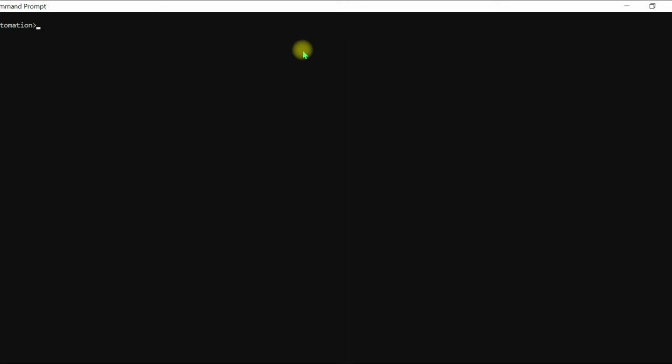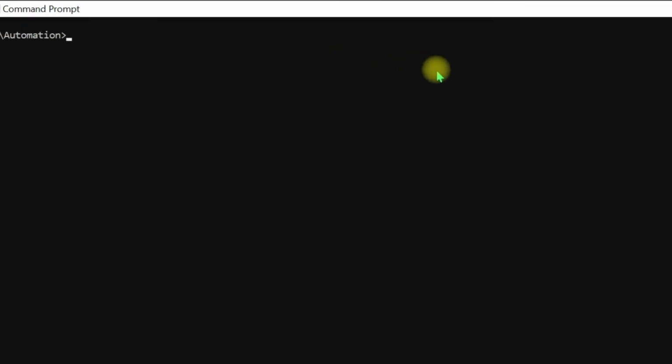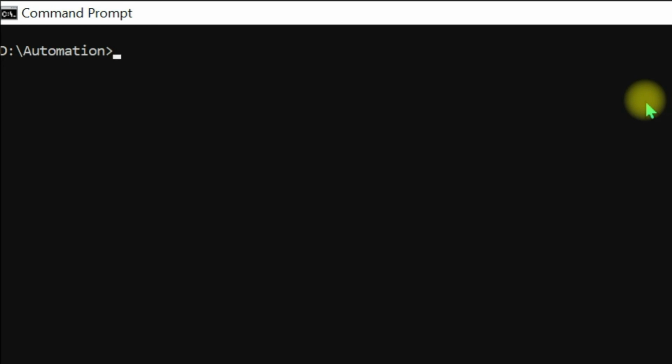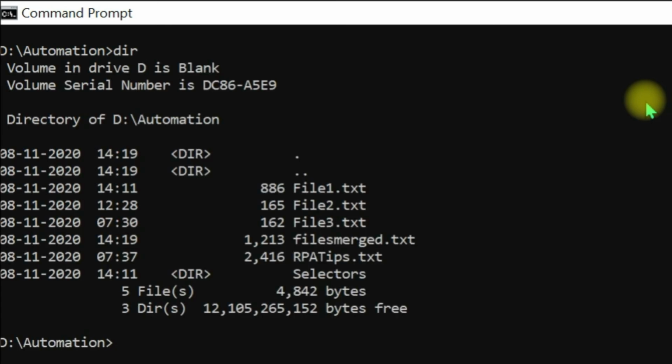If you want to copy one particular file extension into one single file, then we can use wildcards. Let us see how to use wildcards while copying. Let us see the available files in the automation folder. Now I want to copy all the text files, that is .txt files, into one single file.